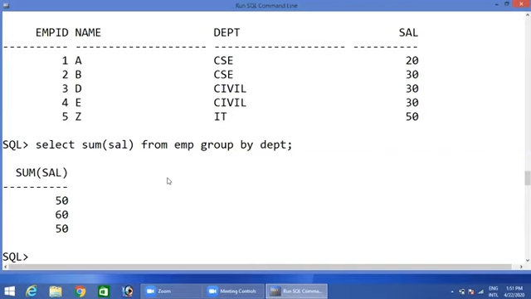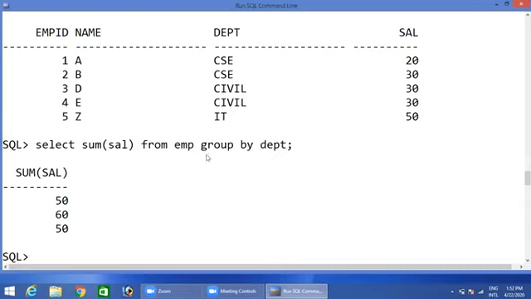So what I want to do now is, after the result set by using group by, in the group I have 50, 60, 50. So these are the sum salary of each and every department. Now, I don't want 50. After the result set, I have this result. In this result set, I want to filter some more records. So if there are any conditions on group by clause, still if you want to filter the records in group by clause, at that time you can apply the having clause.